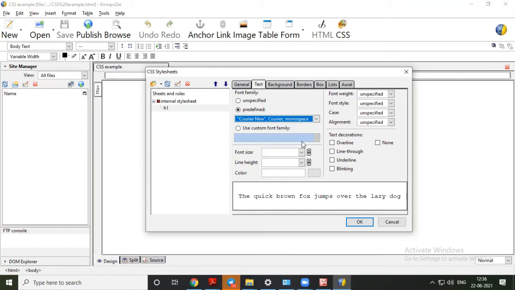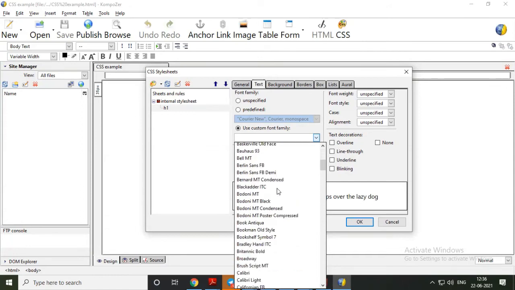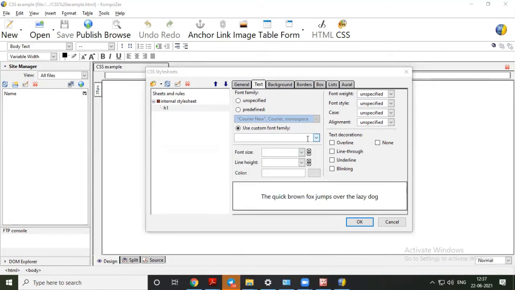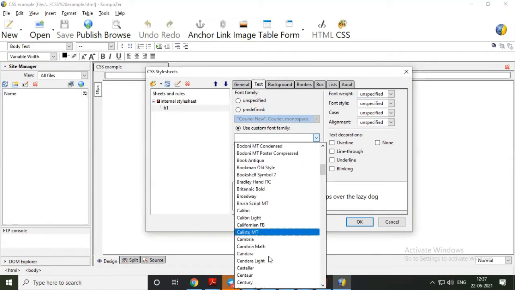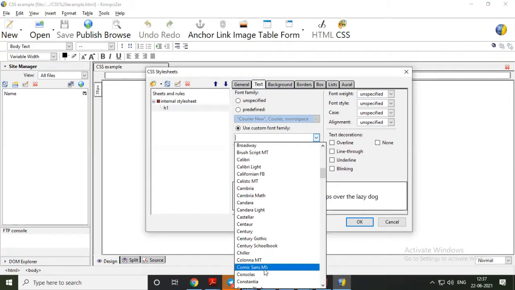Now in case you want a particular font, at that time click on use custom font family, and from here select the style of font that you want. From custom font family I am selecting some text like Comic Sans.